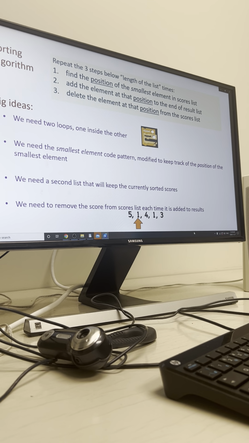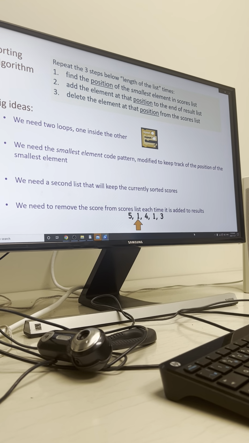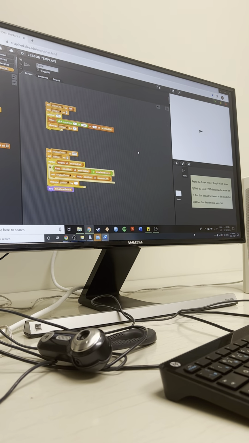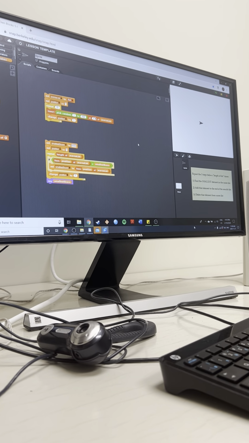And that's it. Those are the big ideas. That's the sorting algorithm. And now, after all of that, you're ready to learn how to implement it in Snap. So now that we've talked about the high-level algorithm of how to sort a list